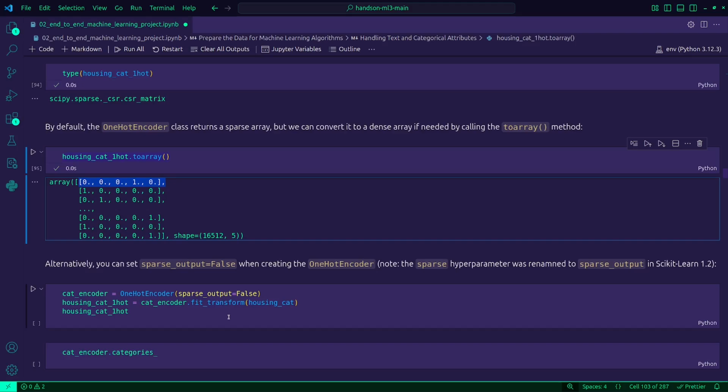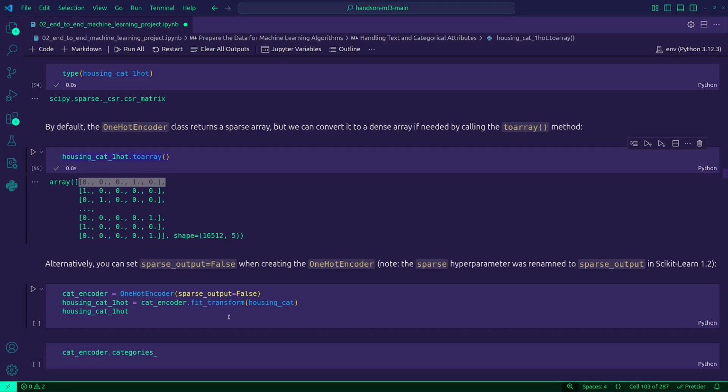So what else? Basically, that's the gist of it. One hot encoding transforms a categorical column into multiple binary columns, one for each unique category.